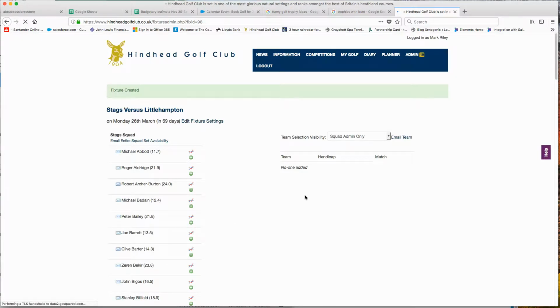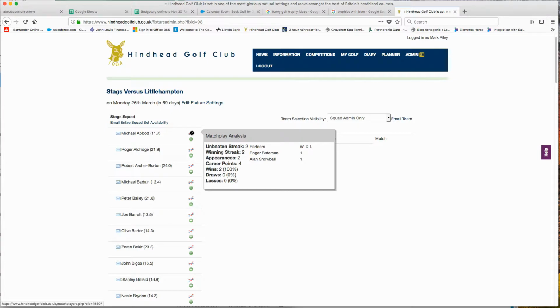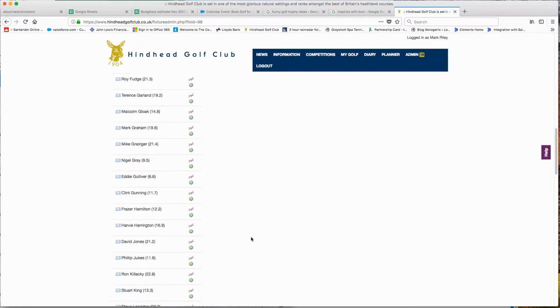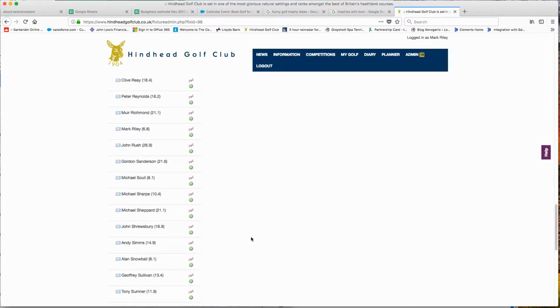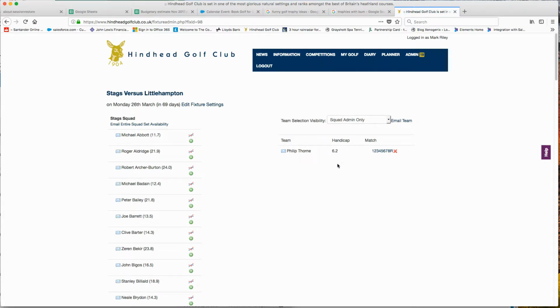We now see the fixture page which shows all the people in the Stags squad, and it allows us to be able to put people into the particular team by clicking the relevant plus button against each player. Incidentally, by hovering over this strange icon here, you can see some history about the past performance of given players who might be eligible to play. So in this case, I know that for Littlehampton, one of the assigned players is Phil Thorne. So if I simply look for Mr. Thorne, fortunately it's a matter of scrolling down to the right person, then by clicking on Phil Thorne,